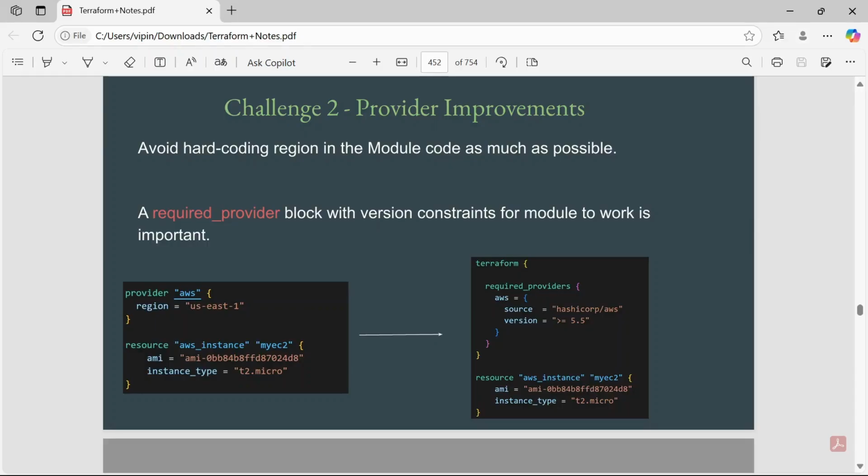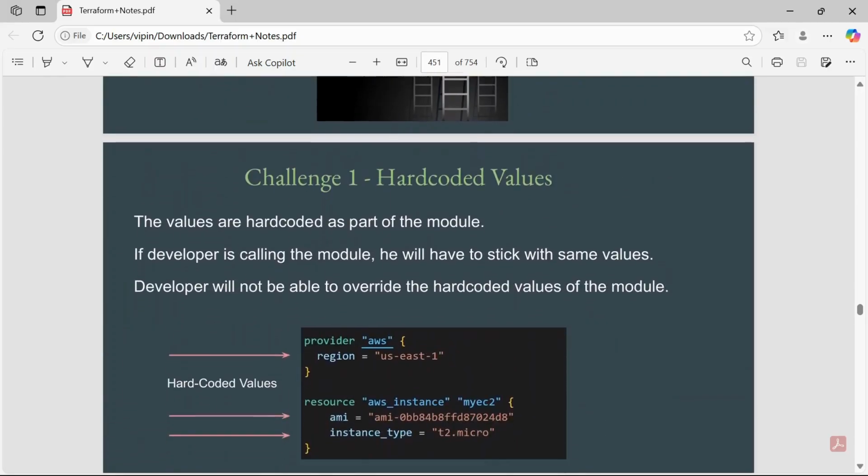So it is always good and recommended that you specify the plugin version that will be suitable to your environment and will not break anything. Let's go ahead and see this challenge first.